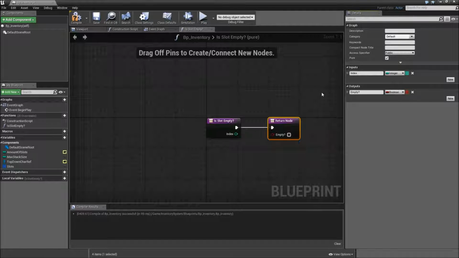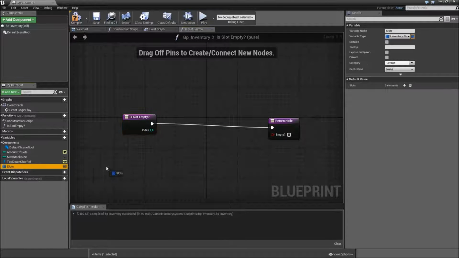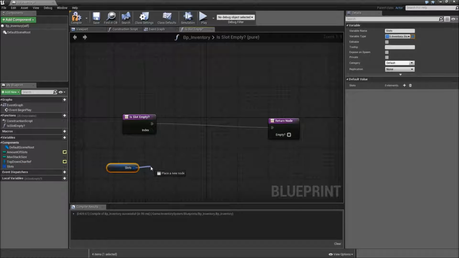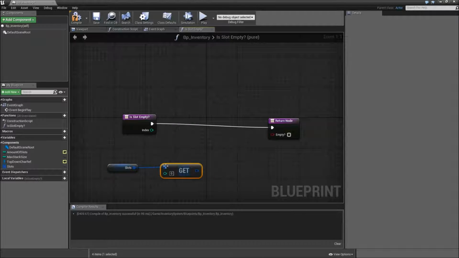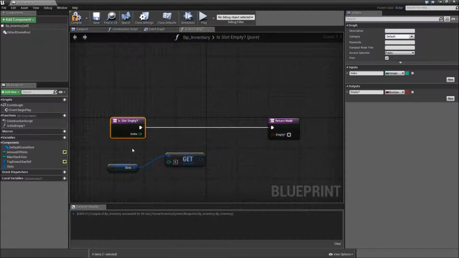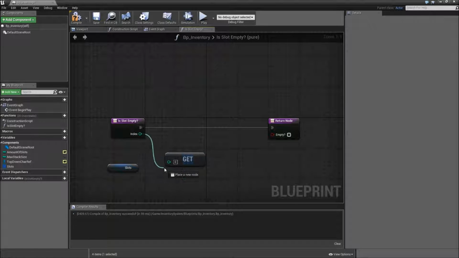By the way, if you don't know whether your function is a pure or impure function, just ask yourself, does this function change anything inside of my class, or does it just return something? If it only returns something, you can check the pure checkbox over here. So now you want to grab your slots array, drag off of it and search for get. For the index, grab the index from our input node,